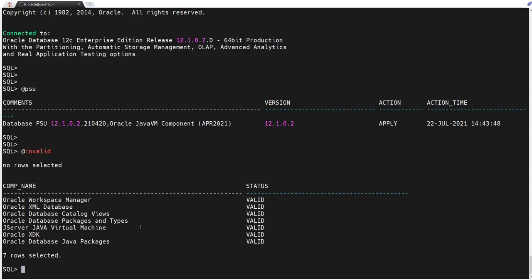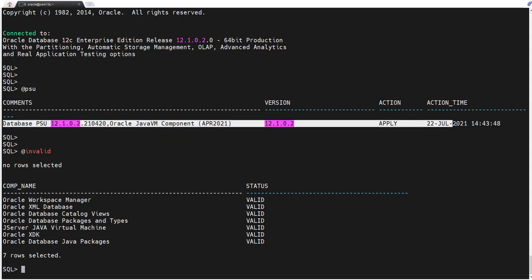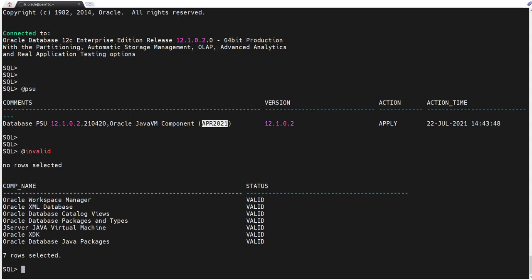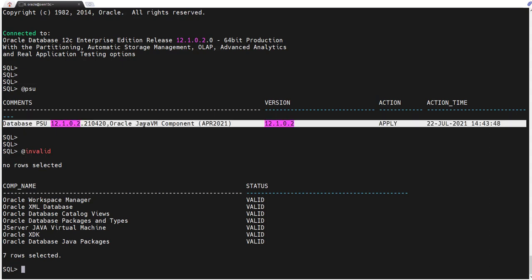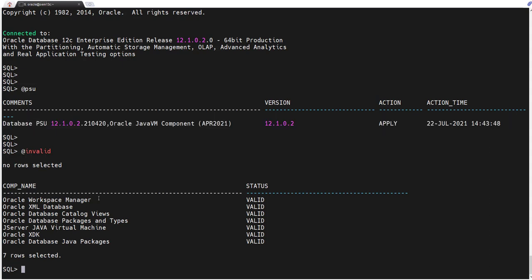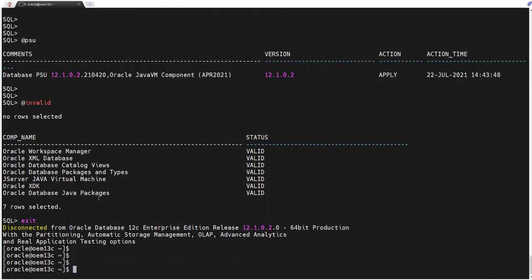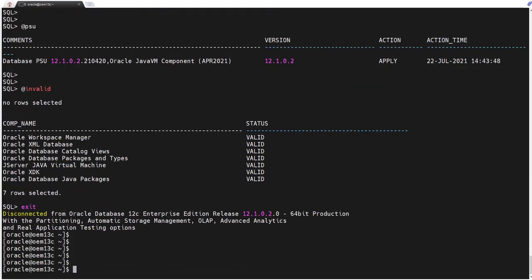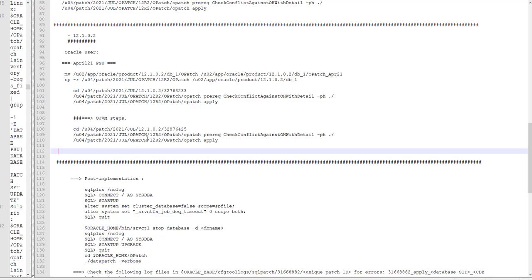We have the April patch applied. At the end of this session, we are going to recheck the latest patch that we have applied. Normally it should show July here. Now let's exit and go to our implementation steps.